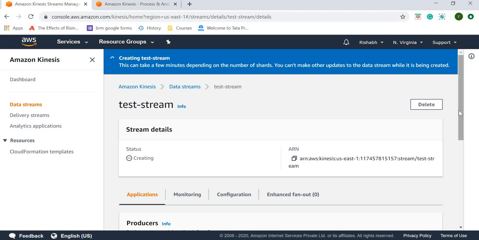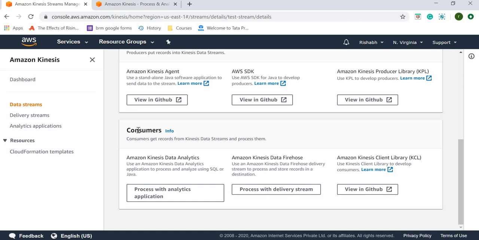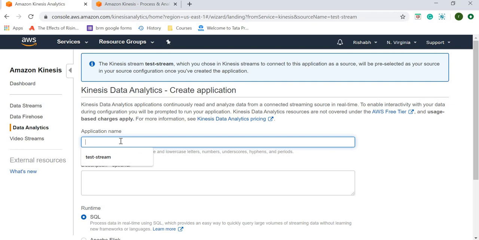The next step, once this test stream is ready, is that we want to consume this stream, right? We will have a producer which is going to push data into the stream and we are going to consume it. After consuming, what do we want to do? For this application we want to analyze it. So we are going to say process with analytic application. This will be our consumer. In the consumer we can give an application name. I can just say test application,